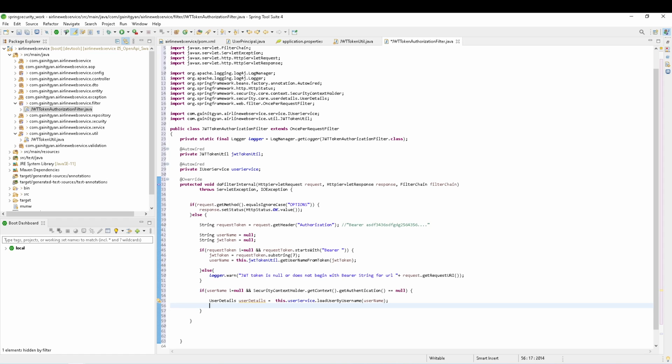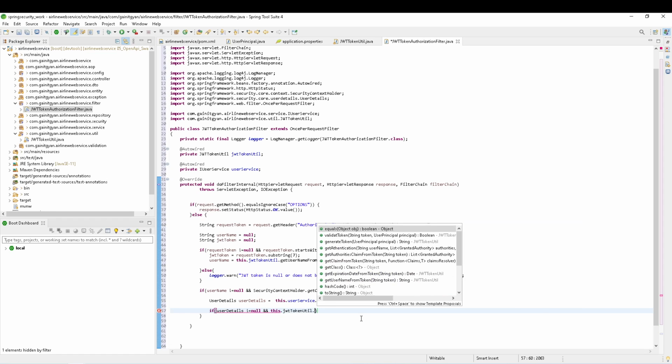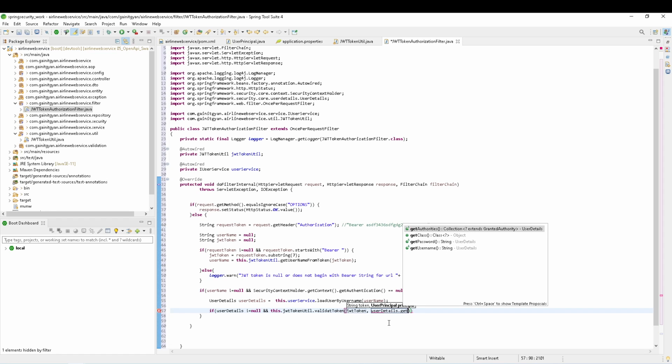Here what I'm going to do next is I am going to now validate the token. Now first thing I'm going to do is userDetails is not equal to null. That means the user exists in the database, and this dot jwtToken dot validateToken. I'll pass the token and then the principal. The principal is nothing but our username here, and that I'll be passing from the user details object. Okay,